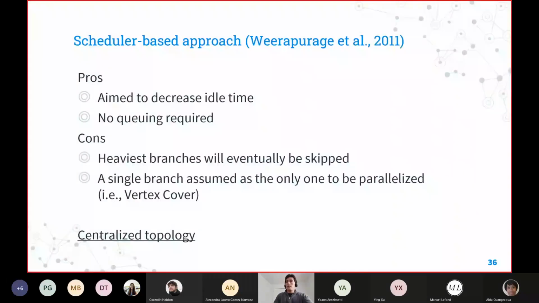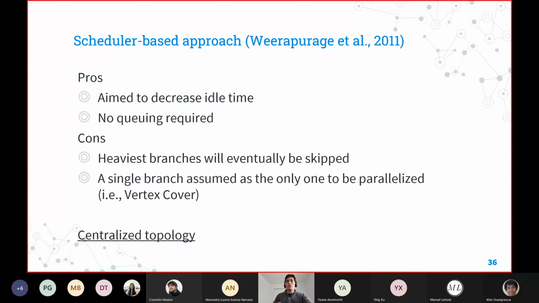Then we have the other approach, called the scheduler-based approach, presented by Weiner and Persch in 2011. The advantage of this is that it's also aimed to decrease the idle time, the same as the previous one, but in this case they do not use any queue.